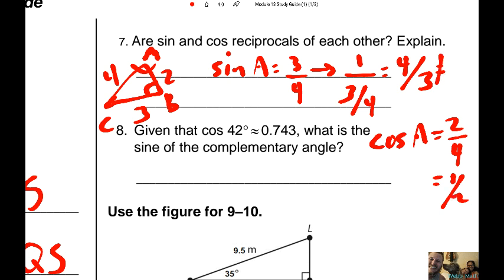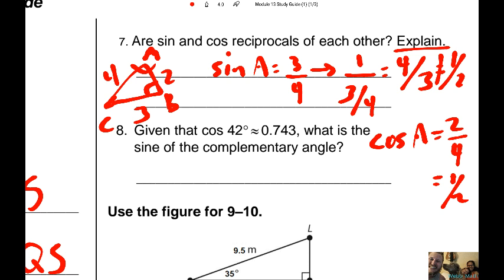4 over 3 does not equal 1/2. Therefore, they are not reciprocals, okay? They are complementary, and that's probably what you would have to say. They're not reciprocals of one another, but they are complementary to one another. So, for example, in number 8, and there's a question like this on your test,